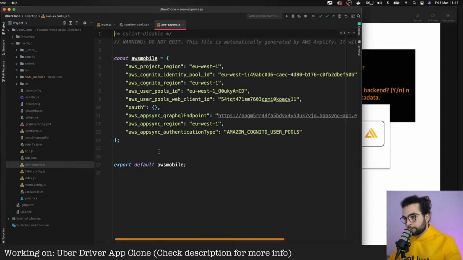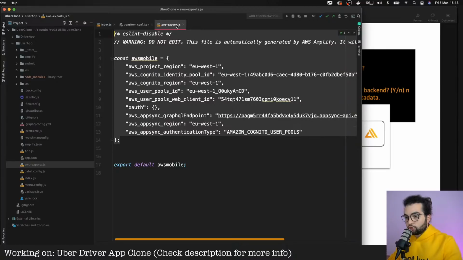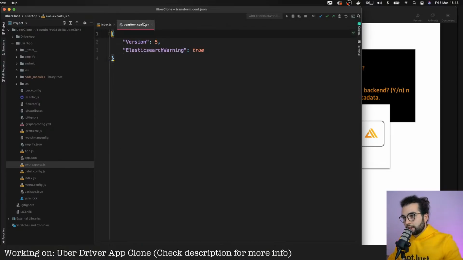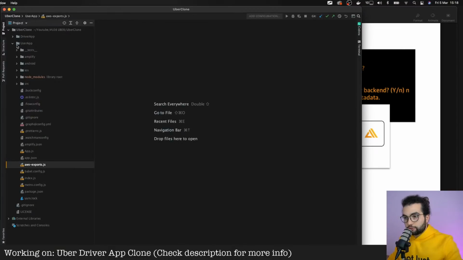Our aws-exports file is built and has only the metadata of a backend, and it knows which backend I should connect to. For example, here is the ID of the identity pool, the AppSync endpoint. It knows just how to communicate with that backend. So this is the preferred way: to keep the whole logic, the whole backend in one place, and in the other application just pull the metadata. So let's try to do that.